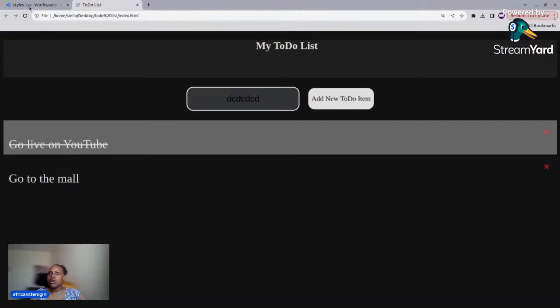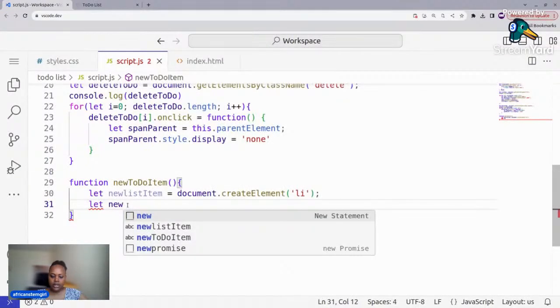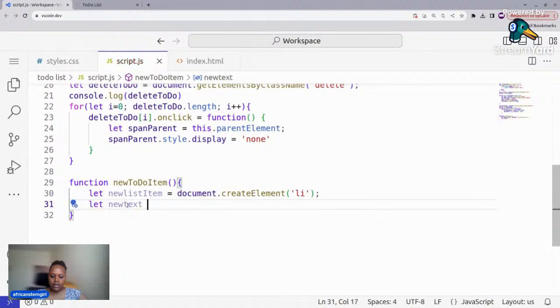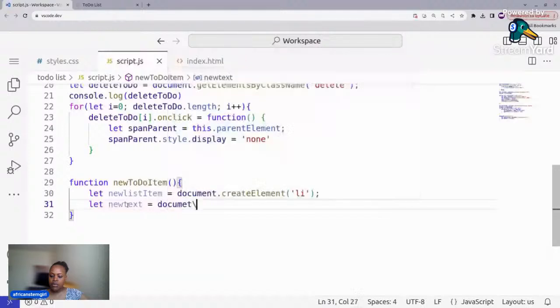So I'll go back now, that is interactivity, and that can only be added using JavaScript. So I'll go back to my JavaScript and I will say try and get any element. So here it will be new text. So we call it new text, whatever the user types. We say new text is equals to document. Whenever we write document, we are trying to get something from the HTML. So document